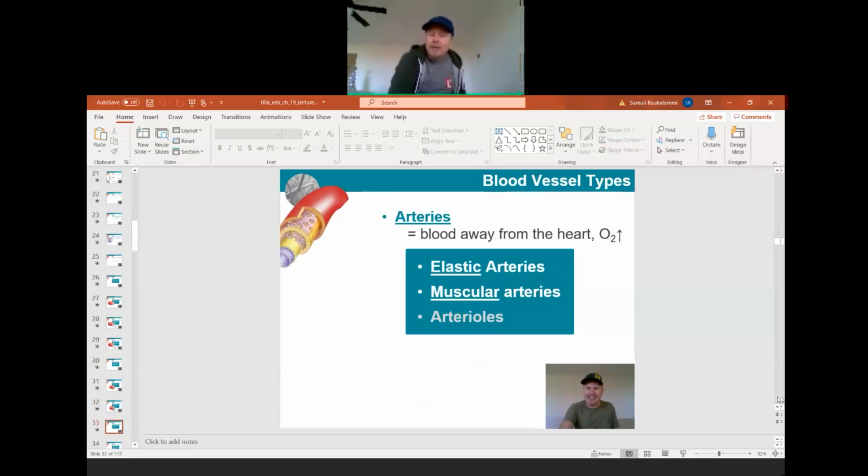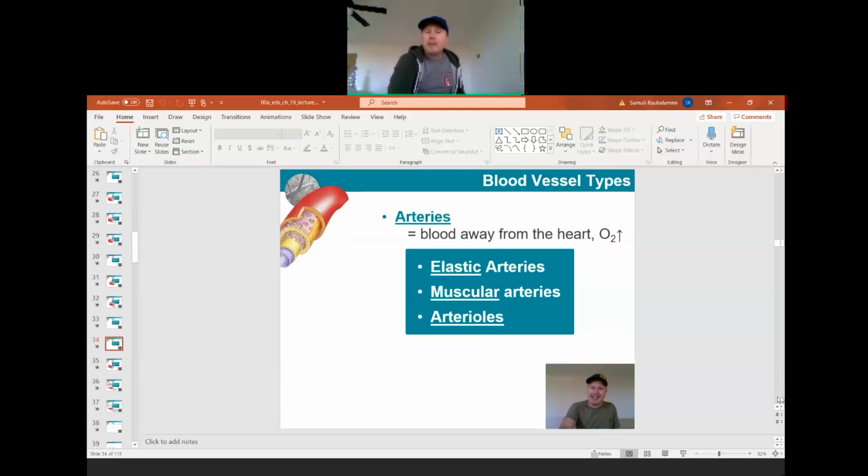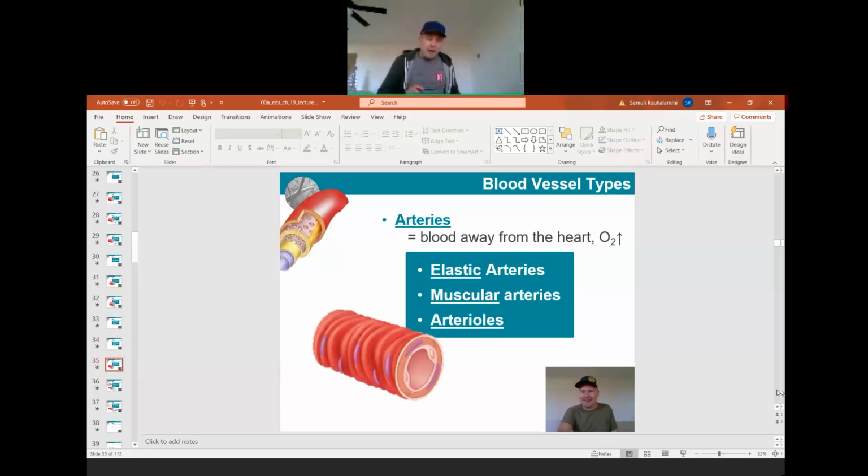And the last ones that we have left are going to be the arterioles. So arterioles were listed in my previous listing as a separate type. It is in between the arteries and capillaries. So it's kind of depending on how you wish to classify them. What we need to know about arterioles is they get smaller and smaller, both in diameter, but also in the thickness of the vessel wall. And eventually it's just going to be a single layer of cells. And this takes us to